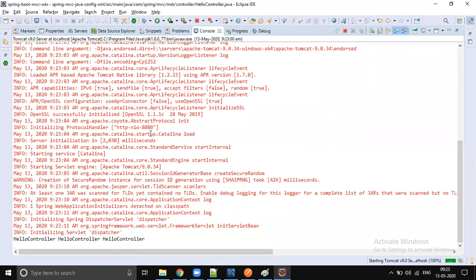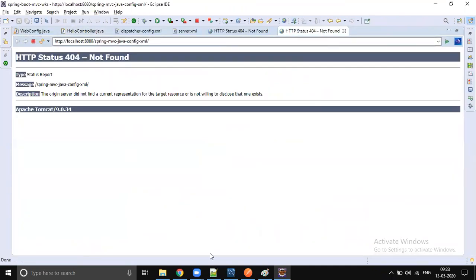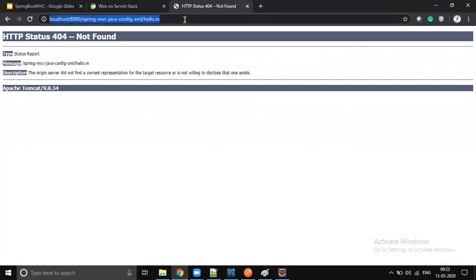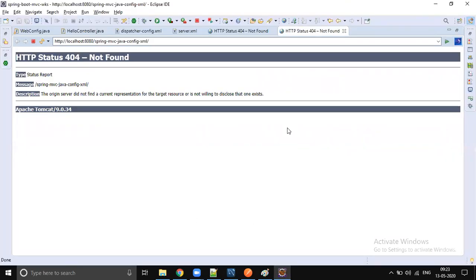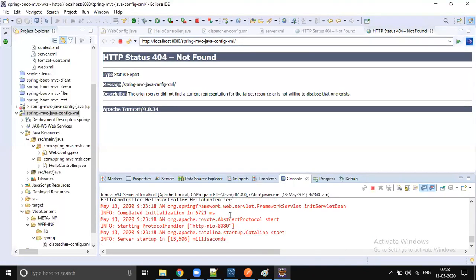Yeah, hello controller object created. Good. Hello controller object created. So when we send hello.in, go to the console. I think that method is getting executed. Huh? No.